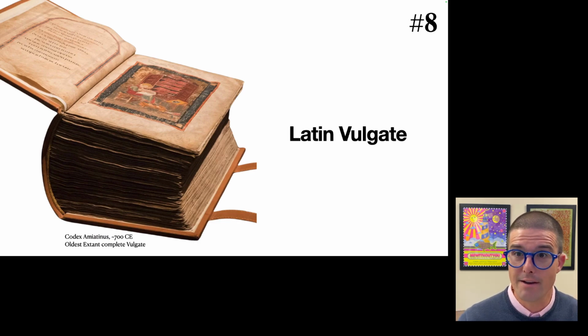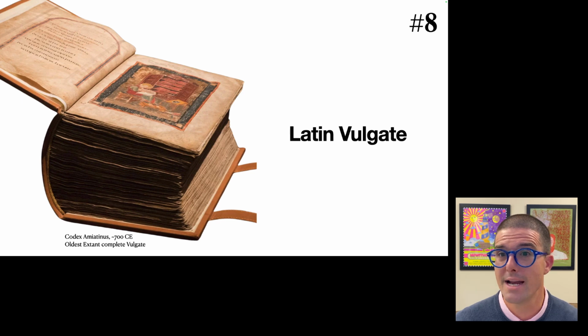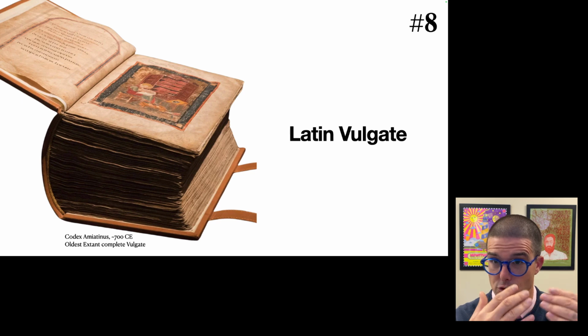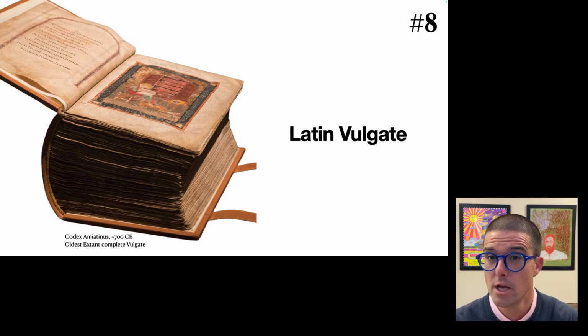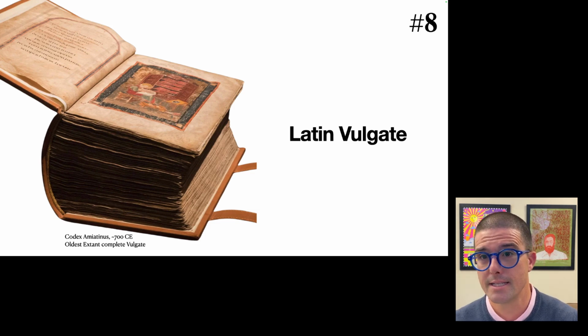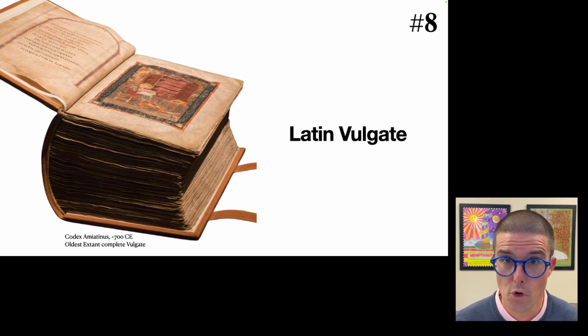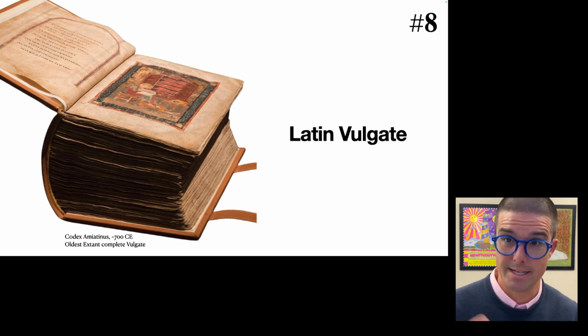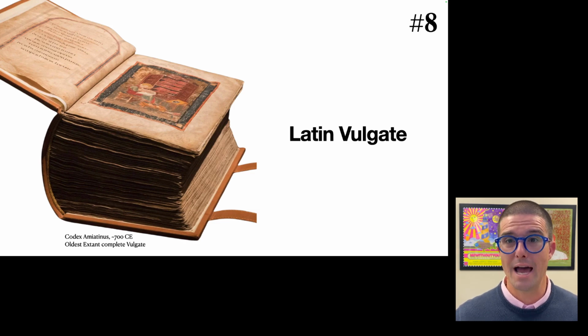So before the Latin Vulgate, we also had a variety of different editions of what is called the Old Latin, that any given biblical text would probably have several different Latin translations or Latin versions to it. You get a little bit more consistency with the figure of Jerome in the 4th century, who translates the entire Bible into Latin.